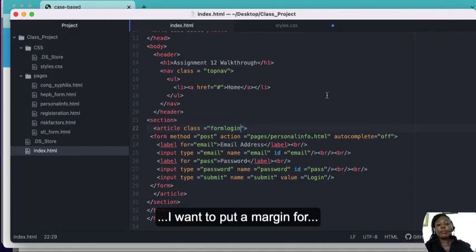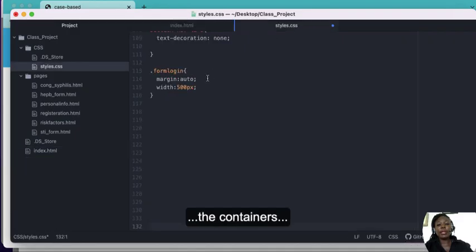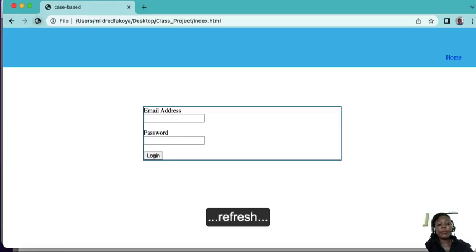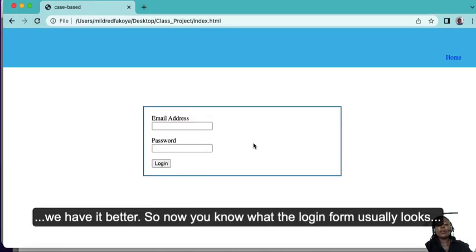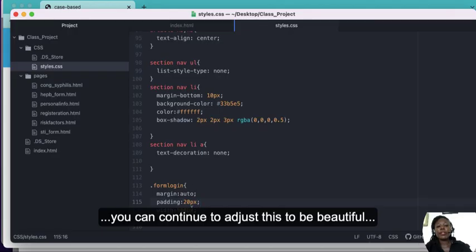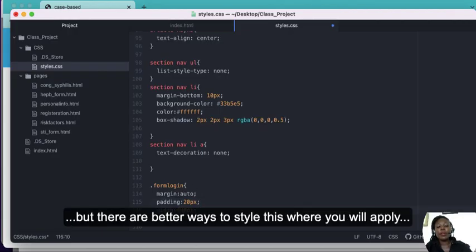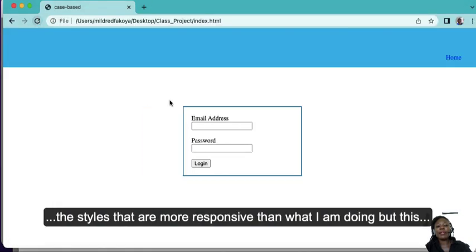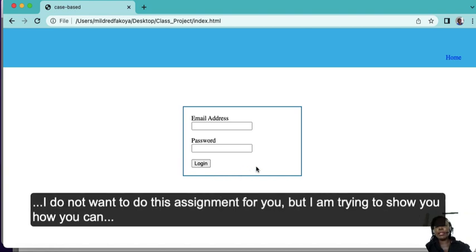I want to put a margin for the containers, or let's say padding. Save, refresh, and we'll have it better. So now you know what the login form usually looks like. You can continue to adjust this to be beautiful, but there are better ways to style this where you apply styles that are more responsive than what I'm doing. But I do not want to do this assignment for you, but I'm trying to show you how you